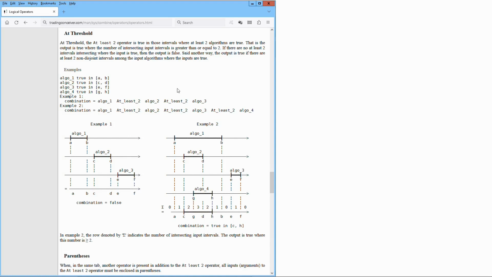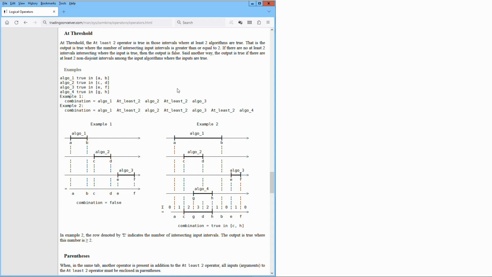At threshold, the at-least-2 operator is true in those intervals where at least 2 algorithms are true. That is, the output is true where the number of intersecting input intervals is greater than or equal to 2. If there are no at least 2 intervals intersecting where the input is true, then the output is false. Said another way, the output is true if there are at least 2 non-disjoint intervals among the input algorithms where